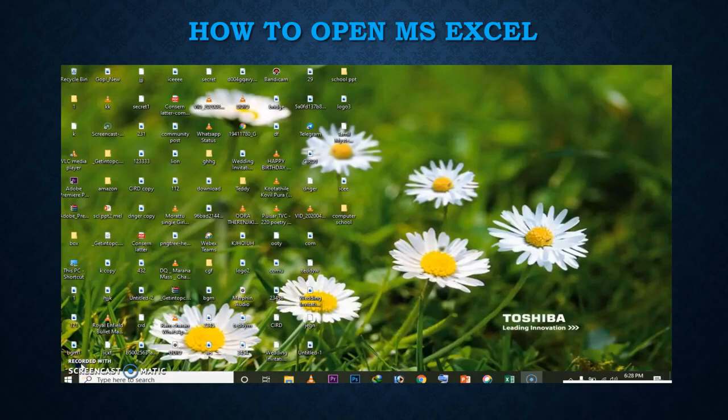Once again, see how to open the MS Excel sheet. Click the start button. Can you see where it is? Yes, it is on the left side. Start button. Go to MS Office 2013. There click MS Excel 2013. One blank worksheet will be there. Press it and maximize the sheet. This is your MS Excel sheet. Have you understood how to open it?